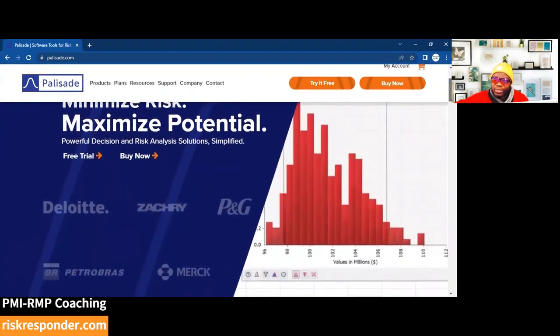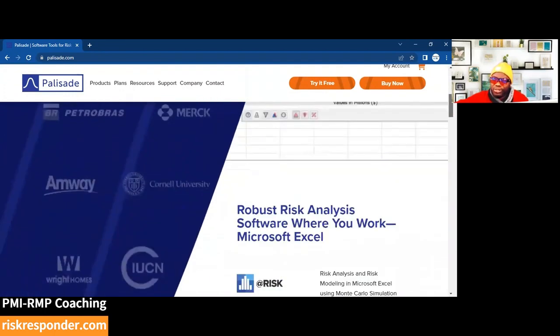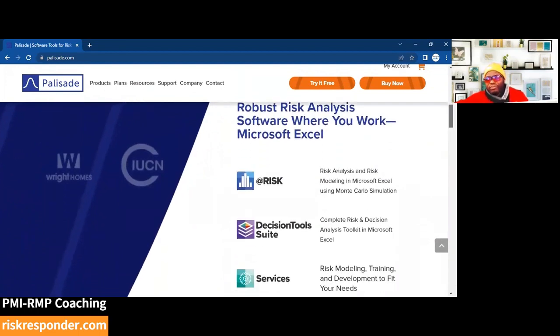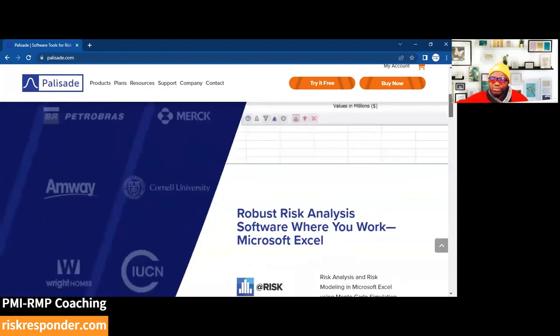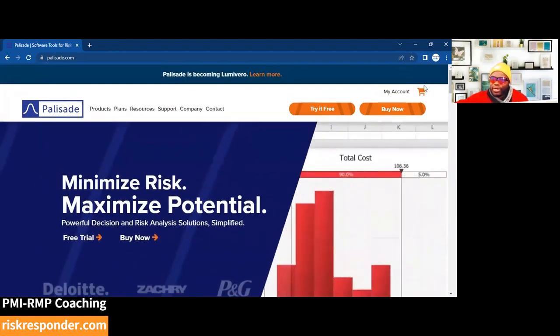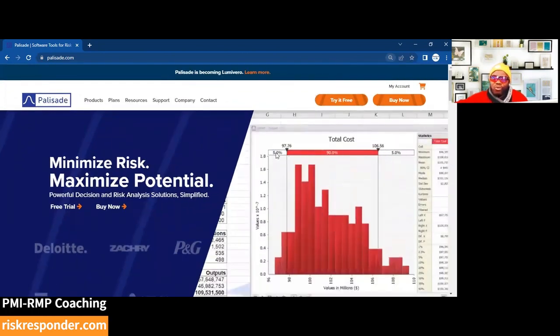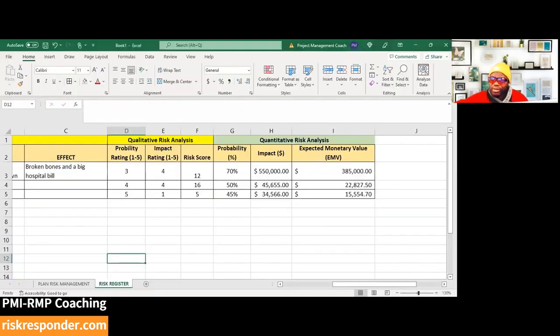They've been, to be quite honest, the industry leader in the world of managing risks using a quantitative approach. They create Monte Carlos, they have plugins for Microsoft Project, plugins for Excel, they have @Risk for Microsoft Project, @Risk for Excel. Just awesome work that they've done. They got a good body of work out there, and they got videos that actually show how quantitative risk analysis should be done. So this is really primitive. What I'm showing you here is pretty primitive, but it will help frame your understanding of what actually happens in